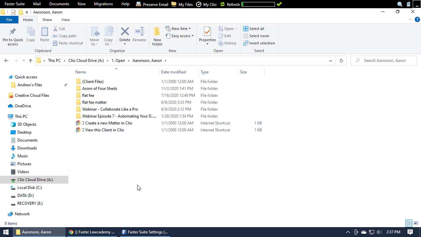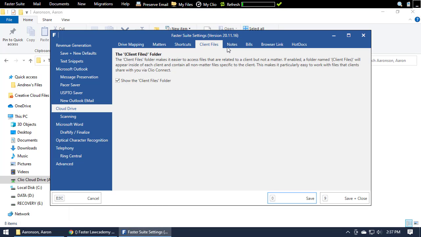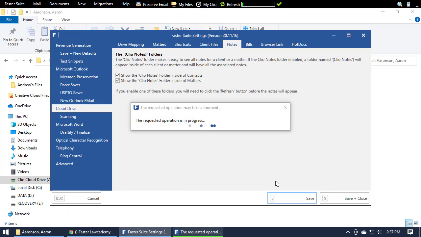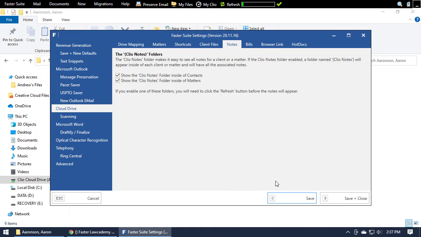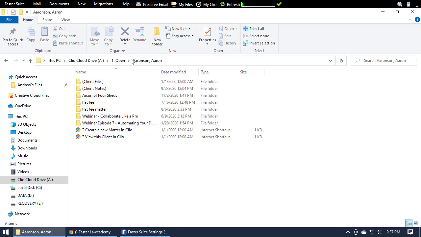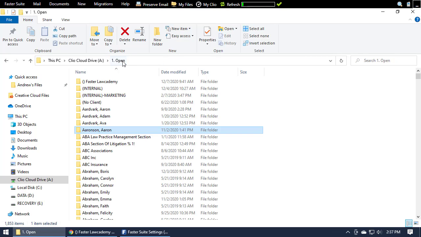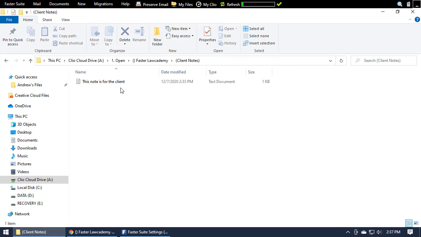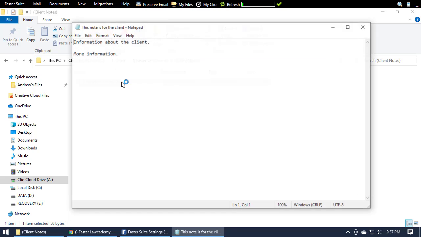Next, let's look at the Notes folder by going to the Notes tab in Settings and checking both boxes. This will enable notes at both the client and matter levels. Now if we navigate to a client folder, we'll see a folder called Client Notes that contains notepad files of notes saved to the client in Clio. You can open this file to edit the note, or create a new notepad file here to create a new